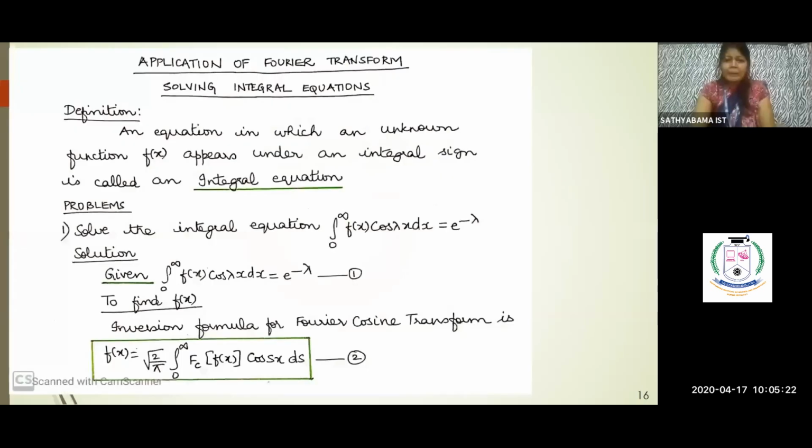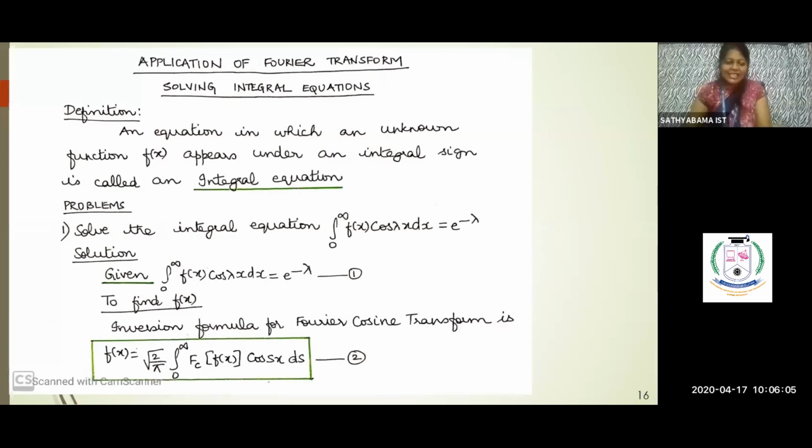Now, before I go to the actual problem, you need to know what an integral equation is. I'm sure you're familiar with it because you would have already seen it in Laplace transform. An integral equation is basically an equation which has an integral, as simple as that. That integral should contain an unknown function, which I've taken to be f of x. So any equation which has an integral containing an unknown function f of x will be called an integral equation. What we're going to do here is solve an integral equation using Fourier transform. So let's proceed and see how it goes.